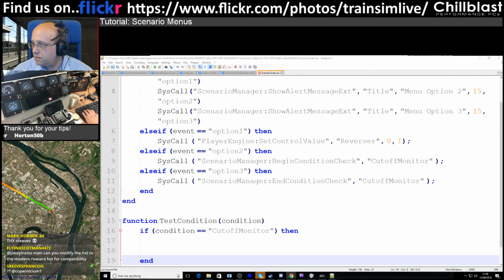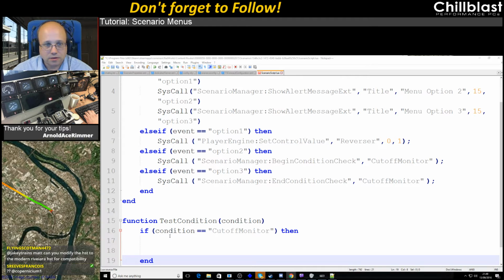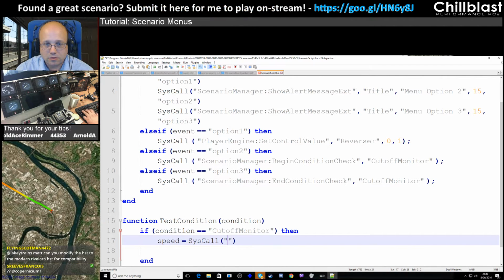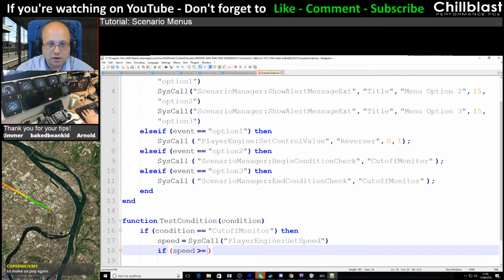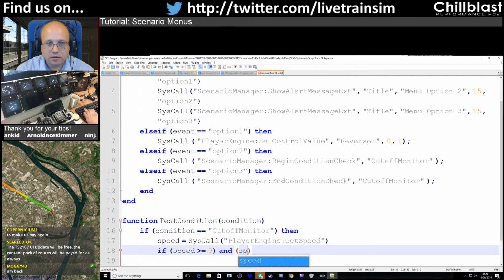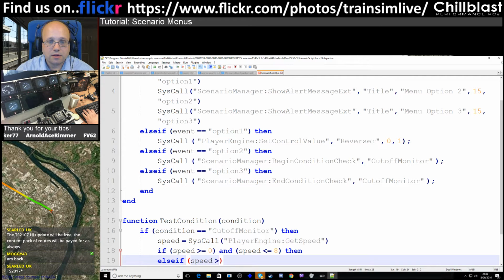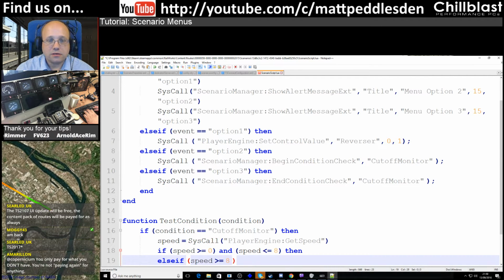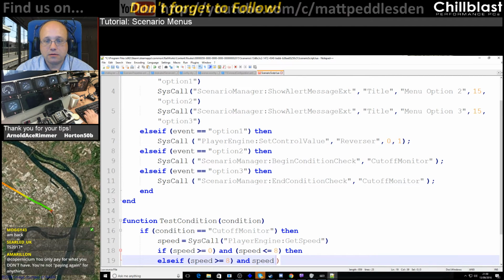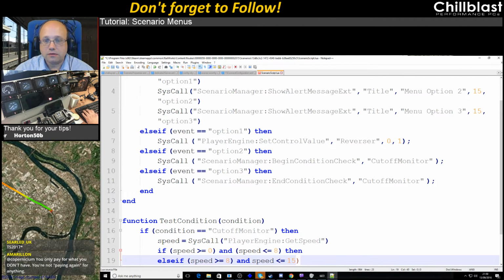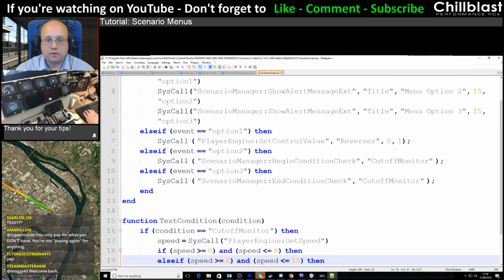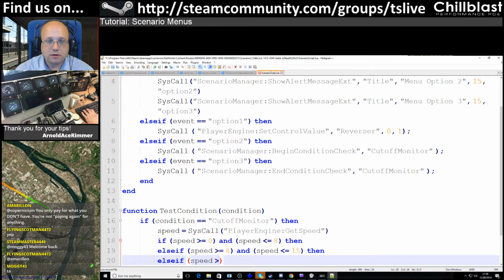I need to get the speed, which is there. So speed equals syscall player engine get speed. If speed greater equals 0 and speed less than equal 8, then else if speed greater than equal 8 and speed less than equal, I don't know, 15, then else if speed greater than equal 15 and speed less than equal 25,